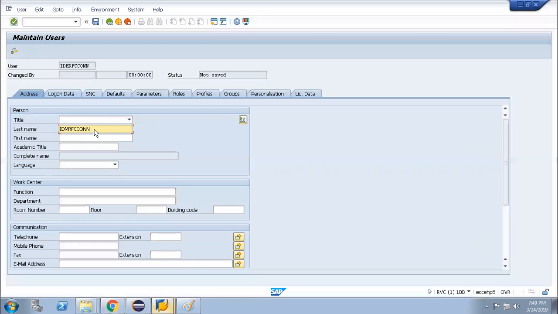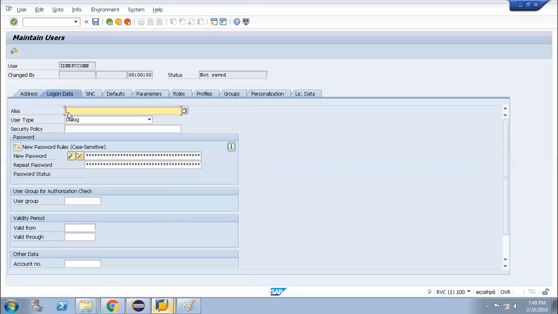Okay, so now I am creating this user. Logon type of the user will be system user. The password I am putting is IDM connect *1.